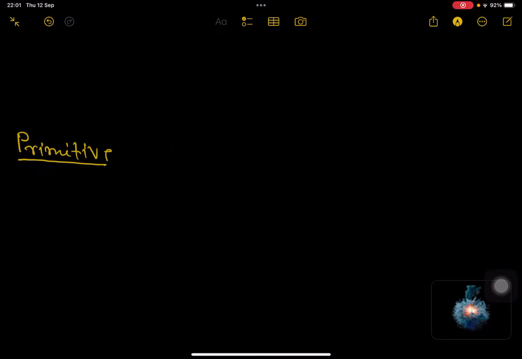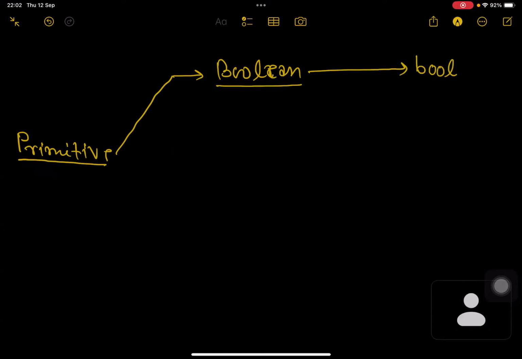Clear? Now primitive has two types. The first one is boolean type. What is boolean? Boolean is defined like true and false. So basically I will write true and false. I will tell you later what the default value is, what the size is and all. Right now we're talking about this, so we'll focus on this. Then the next is